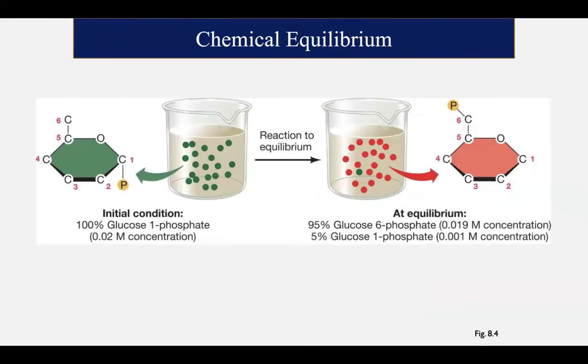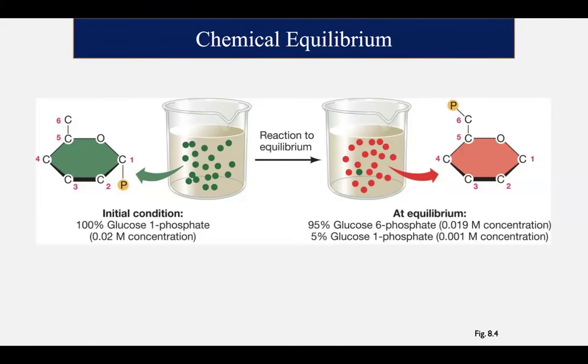Equilibrium. So we'll talk about chemical equilibrium quickly. So you have something known as glucose 1 phosphate and glucose 6 phosphate. Glucose 1 phosphate is a very unstable molecule and it's required for glycolysis. And glucose 6 phosphate is a more stable version of glucose 1 phosphate because the phosphate near the carbon 1 has a lot of steric hindrance, but the phosphate on carbon 6 does not have a lot of steric hindrance, so it's a lot more stable.